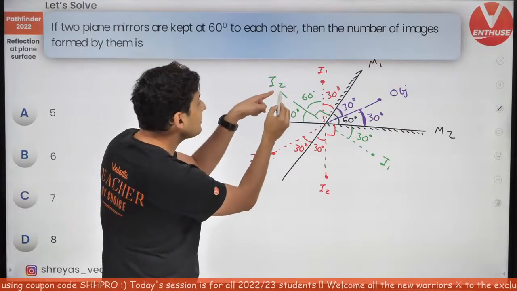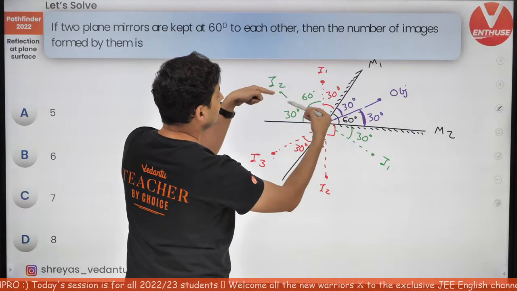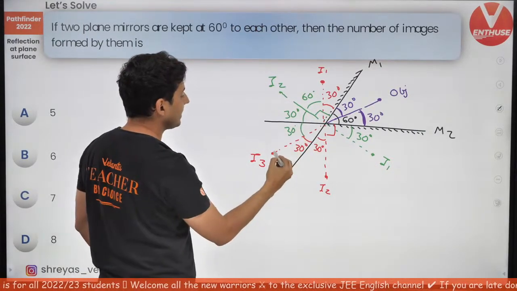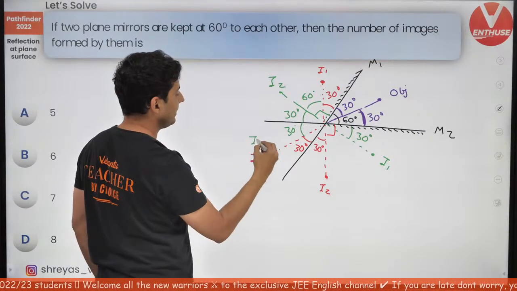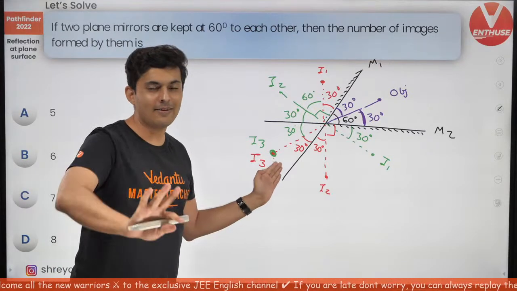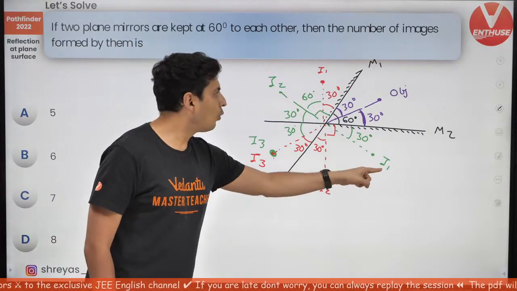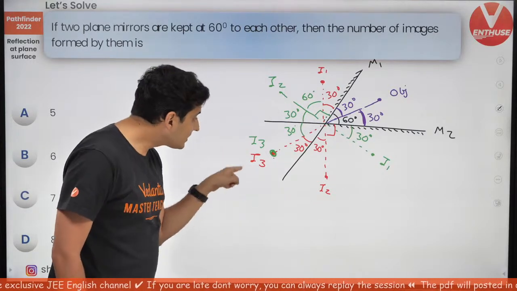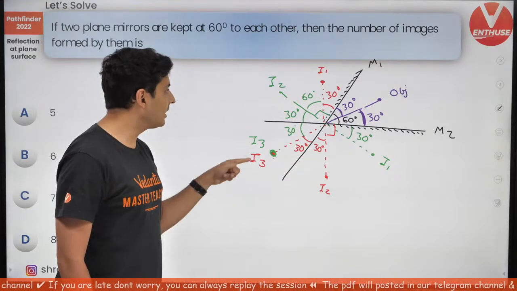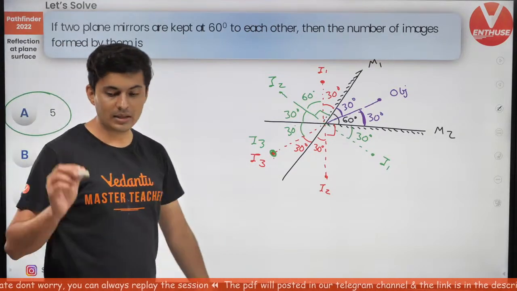That means this will be again 30. Good. This image will be reflected here because of this mirror. This is 30 degrees in front, 30 degrees behind. 30 degrees behind is exactly over here. It will be reflected on this. That's it. After this, you cannot have any more reflections. That's it, done. Now count the images. 1, 2, this is 3 because they are coinciding. Don't count it separately. 1, 2, 3, 4, 5. So 5 images. Hence the answer is A. Done.